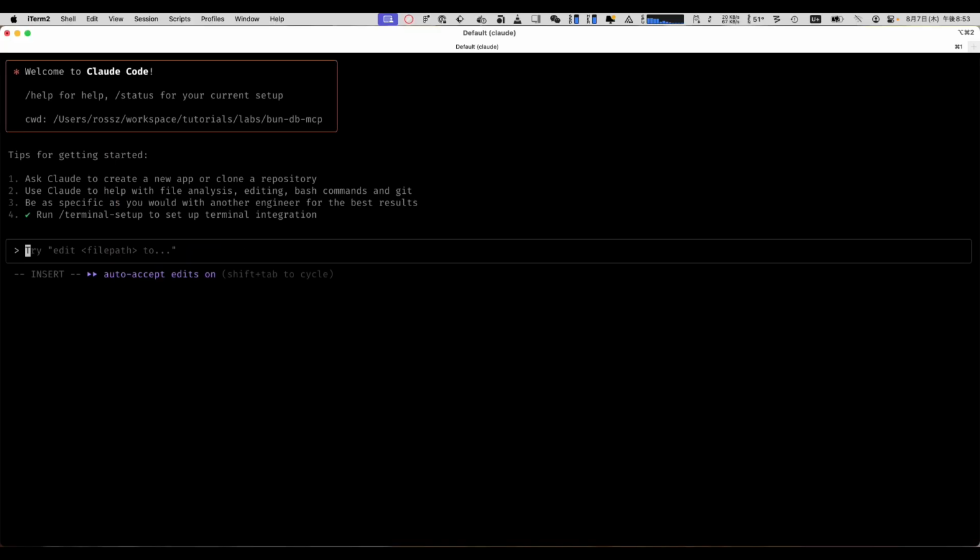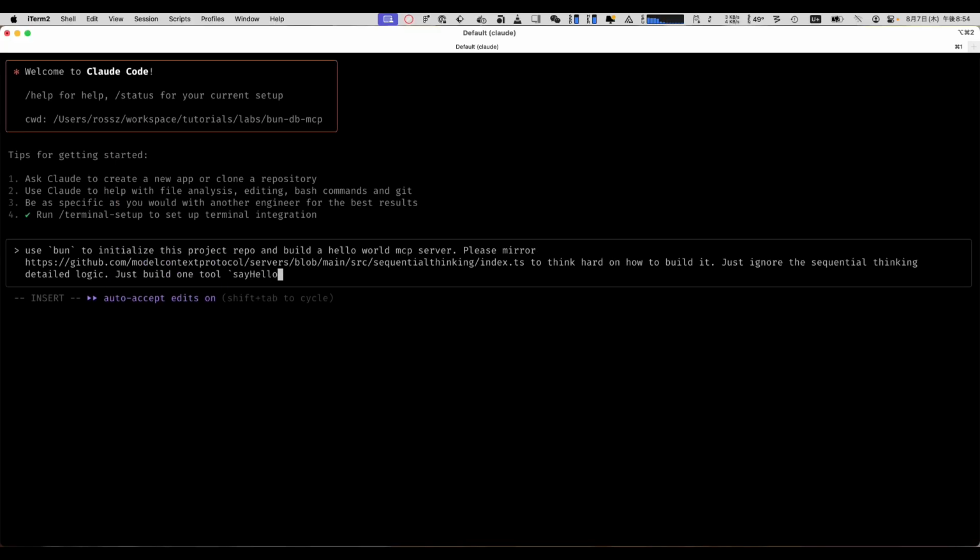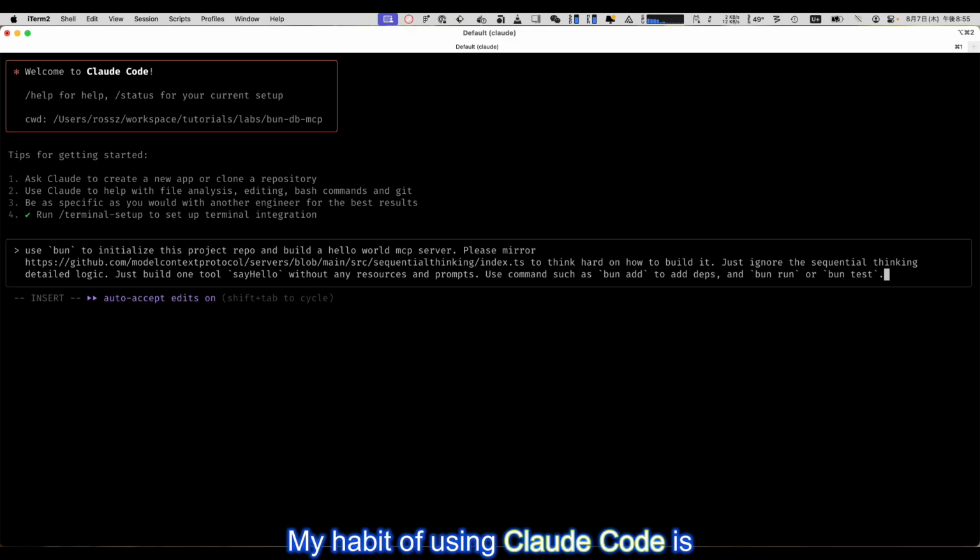And let's say, for now, we just need to be very clear. You need to use Bun, do not use npm. My habit of using Claude Code is not to run everything just from this command line. I always want to build a spec, build a plan. I review the plan and then ask Claude Code to implement that plan. So here we can say,